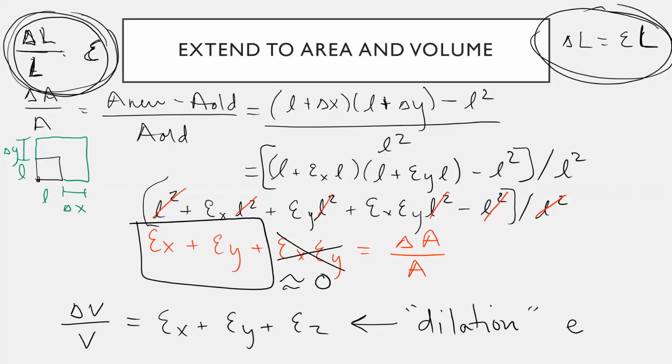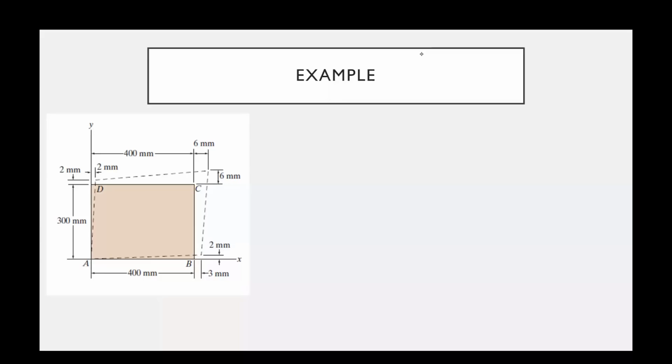All right, shall we do examples? Let's use this figure to explore the average strain definitions and the exact strain definitions. So if we take this rectangular shaded area ABCD and we deform it so that it takes the shape of the dotted lines,